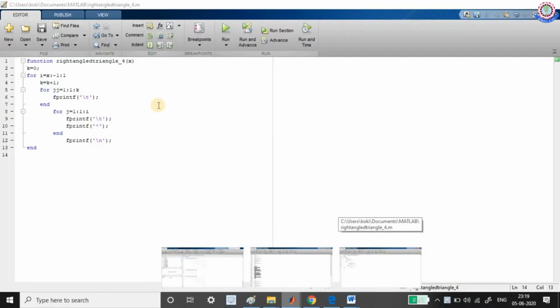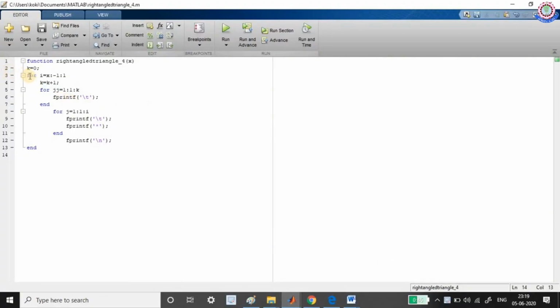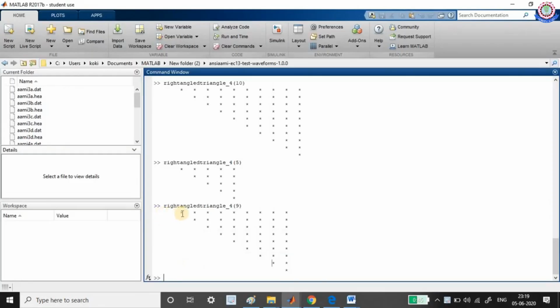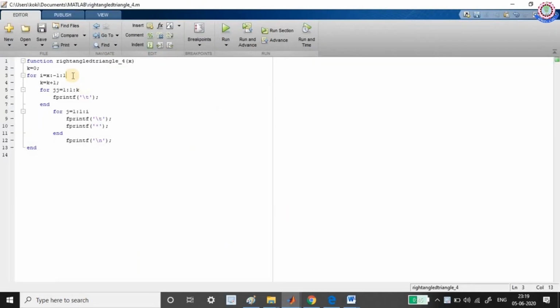So now let me show you the code. I have used only 3 for loops, okay, and here is the twist. If you see, I have assigned k equal to 0, and I have incremented k by one at each iteration. You know why? I have increased this for this shape, okay. So this loop is created only by this line. This k plus 1 and these whole 4 lines are responsible for